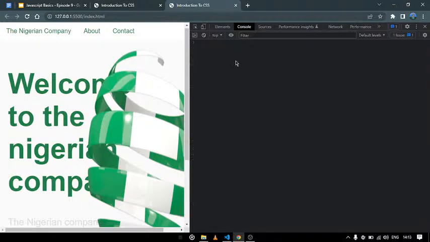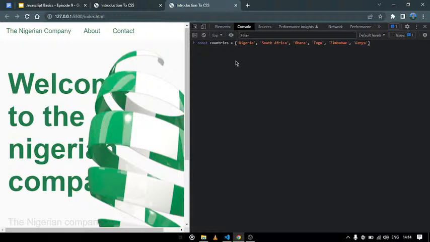So what are arrays? Just take arrays as a list of items or as a list of data. For example, a list of countries in Africa. Let's do that. We can say const countries is equal to, let's start with Nigeria, let's move to South Africa, let's move to Ghana and Togo, and what next? Zimbabwe, and what next? We have Kenya,